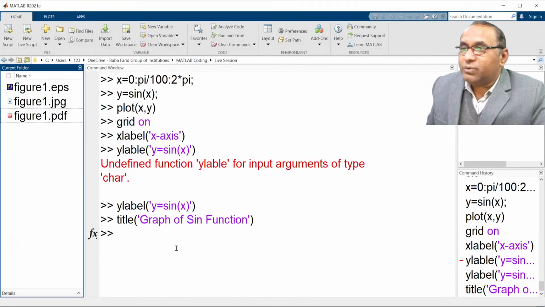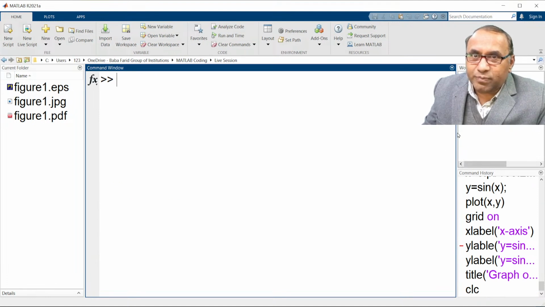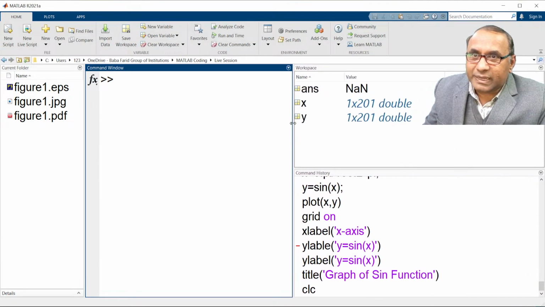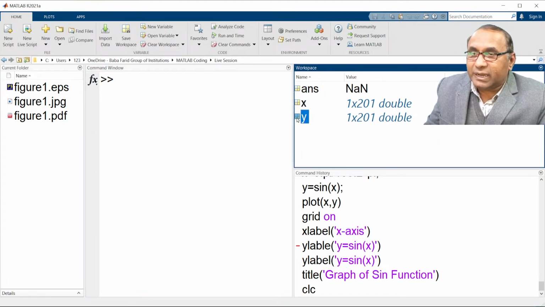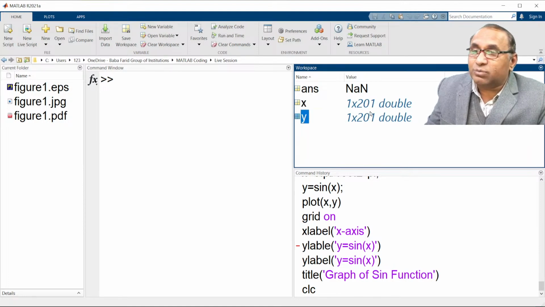Great. Now the thing is, I am using CLC here. For the plotting, we were using the X array and Y array, and you can see the dimensions of the X array and Y array are both equal. You can see the size. The size of the X array is 1 by 201. There are 201 points in the X array, and the same for the Y array. The size of X and Y must both be equal. Only then